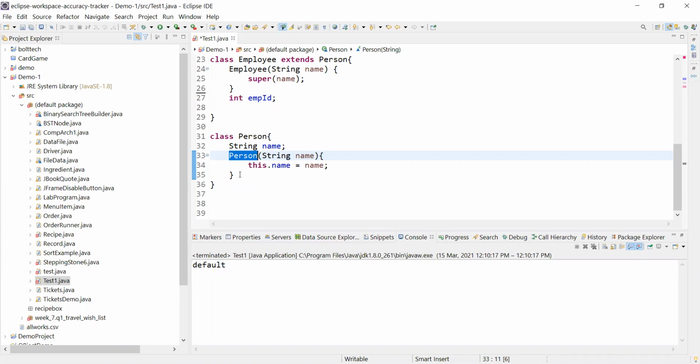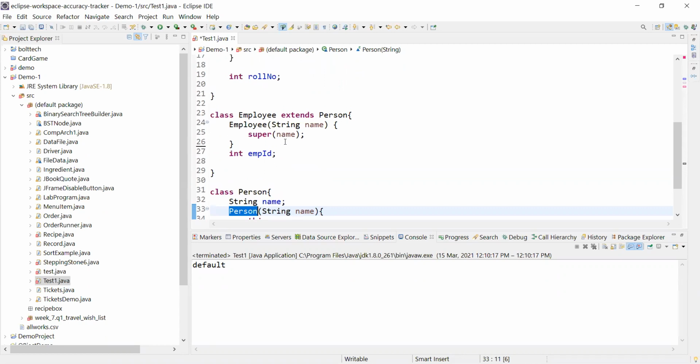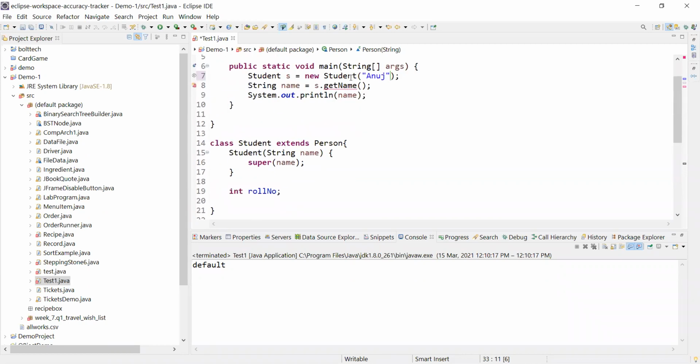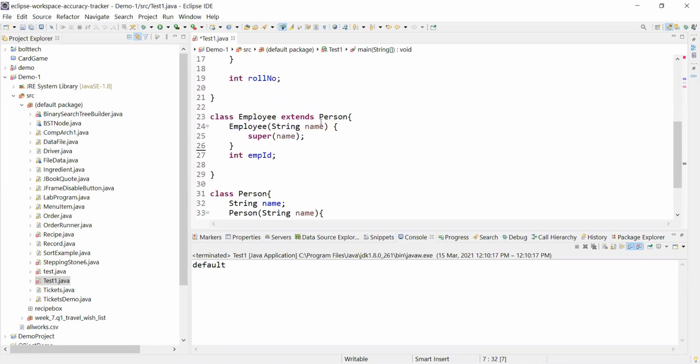Getting my point? If the parent is not available, then how will the child be able to use it? Try to understand this. So when you say this, it will go here and prepare your parent object first.